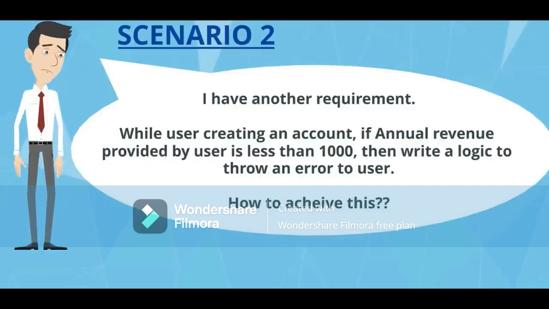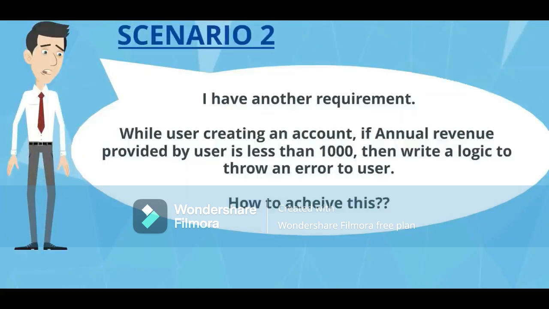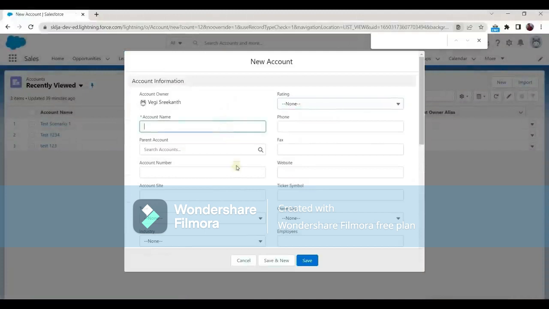Scenario number 2. I have another requirement. While a user is creating an account, if the annual revenue provided by the user is less than 1000, then write logic to throw an error to the user. How to achieve this? What QA is asking is whenever an account is getting created, if the annual revenue,